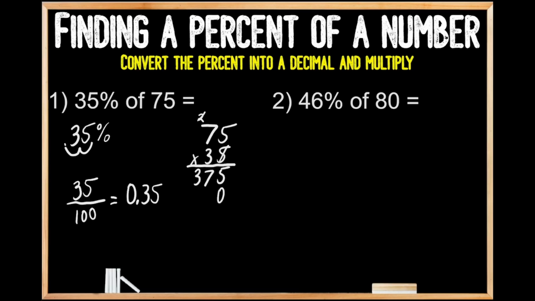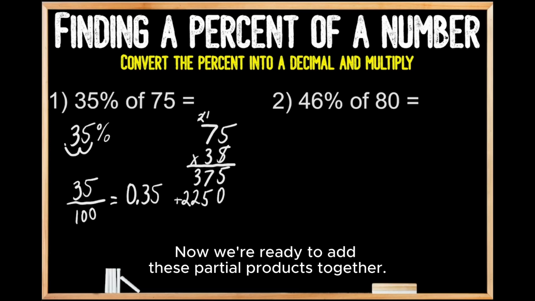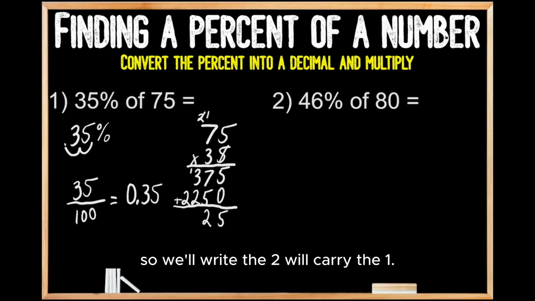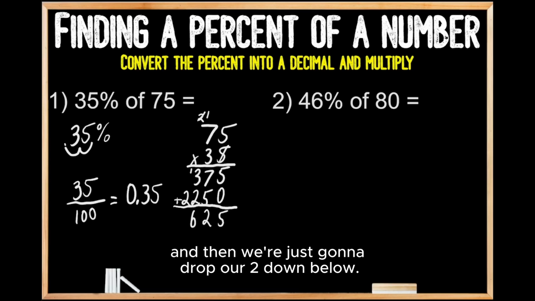Then we're going to drop a 0 to the line down below because now we're multiplying by our tens place. 3 times 5 gives us 15, so we'll write our 5 and we'll carry the 1. 3 times 7 gives us 21, plus the additional 1 gives us 22. Now we're ready to add these partial products together. So 5 plus 0 gives us 5. 5 plus 7 gives us 12, so we'll write the 2, we'll carry the 1. 1 plus 3 gives us 4, plus 2 gives us 6,